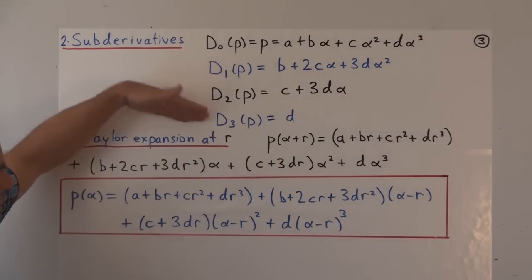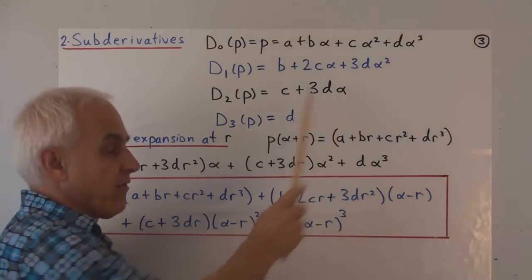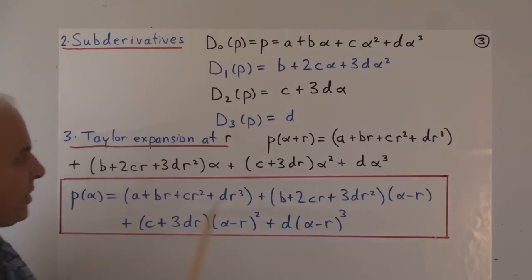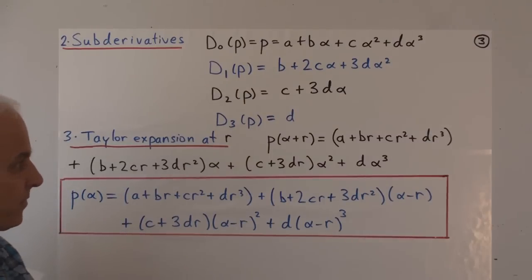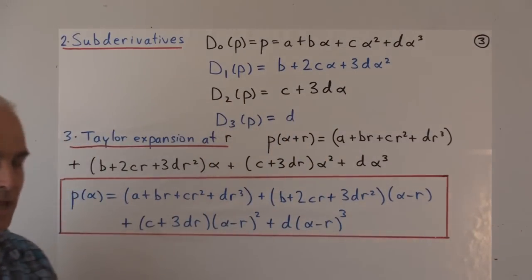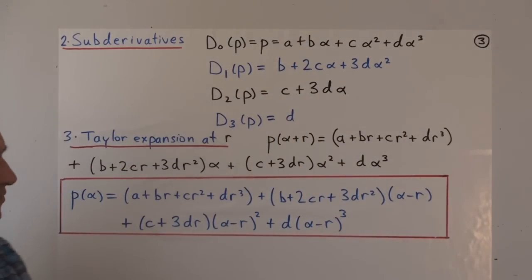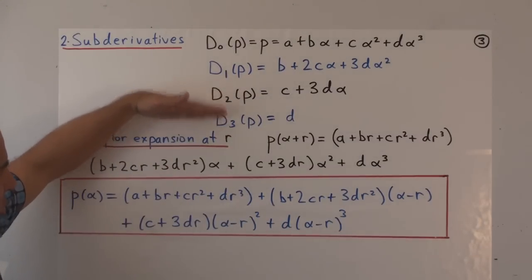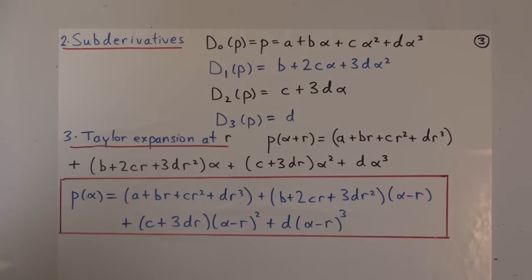Now, for those of you who are not used to subderivatives and just think in terms of derivatives, what is the second subderivative in ordinary language? It's the derivative of the derivative divided by 2. So if you take the ordinary derivative of this and divide by 2, you get the second subderivative. And what's the third subderivative? It's the derivative of the second subderivative divided by 3. Take the derivative of this, divide by 3, you get the third subderivative. So if you just want to use differentiation, that's how you can go from one to the next. That's a simplified way of thinking about what the various derivatives are.